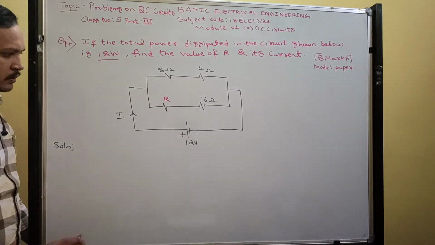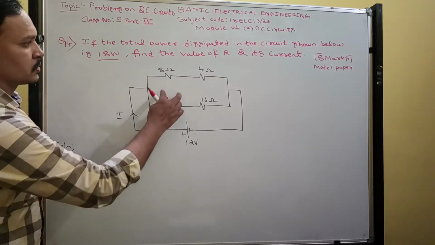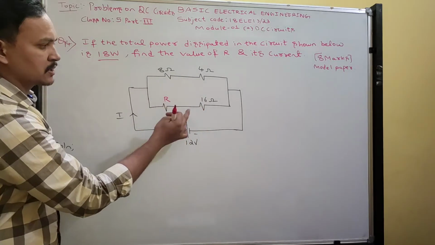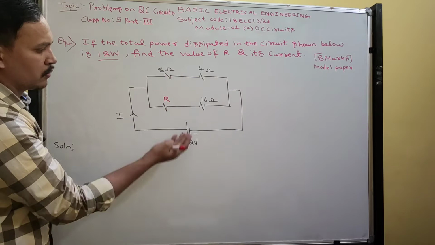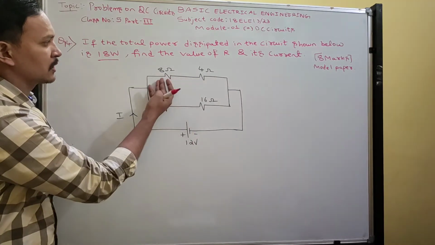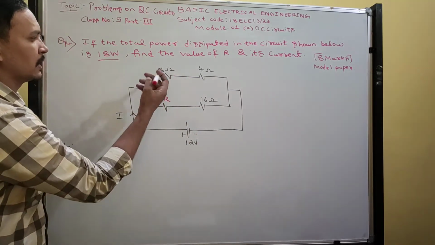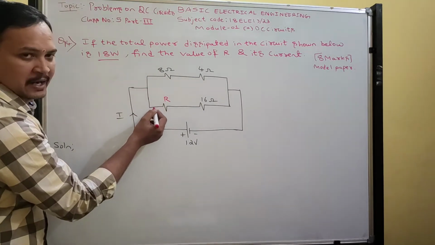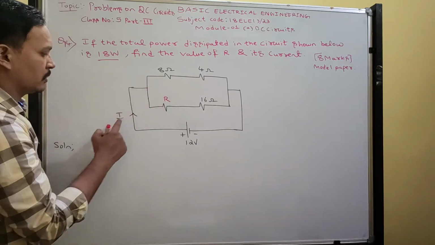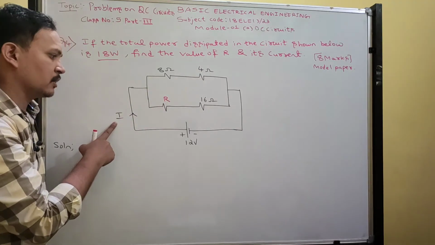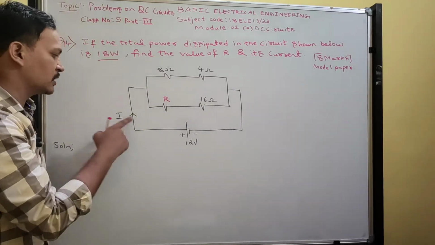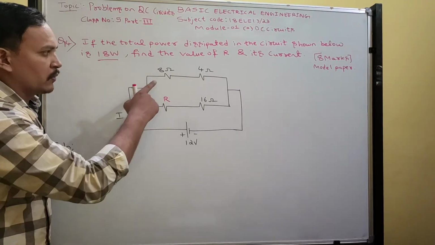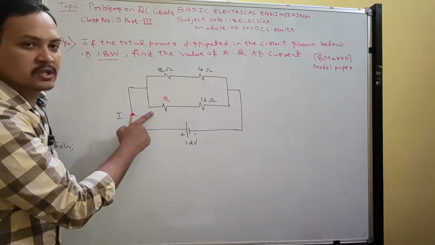Okay. So I will give an idea. 8 plus 4 is 12 ohms. Okay. This 12 ohm resistance and 16 plus R are in parallel. In parallel the voltage will be the same. Voltage by resistance will give the current. 12 by 12, you will get 1 ampere here. Okay. And we don't know this one. What is the current flowing here? This current is 1 ampere. Now you can easily find the supply current, because they have given the power and voltage, so you can easily calculate the current. You will get 1.5 ampere.